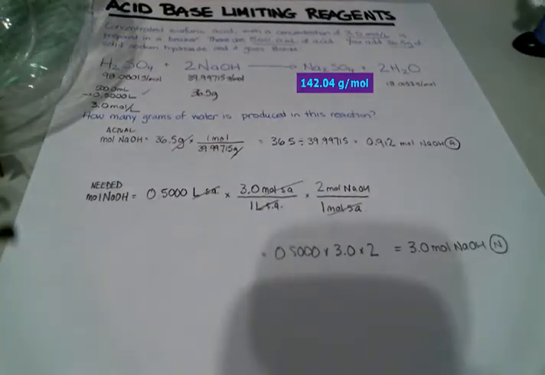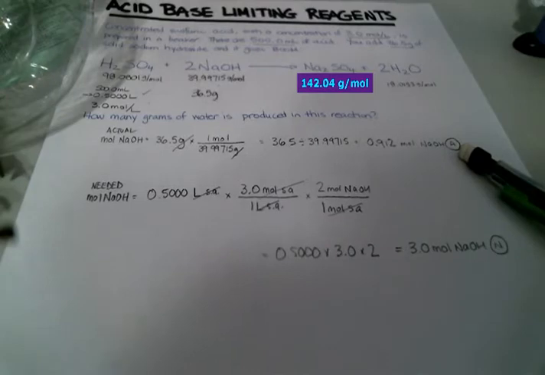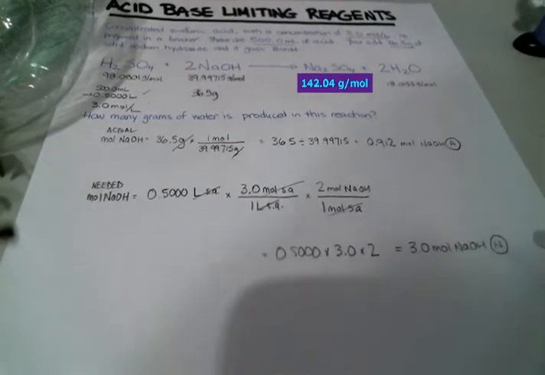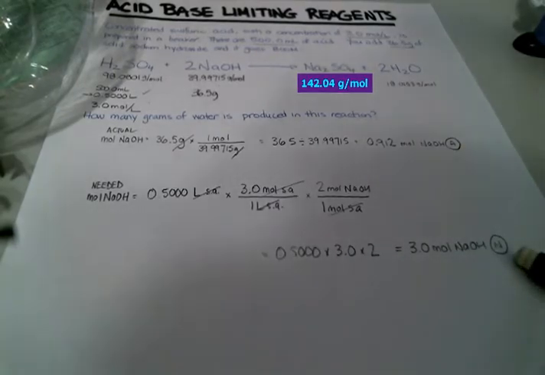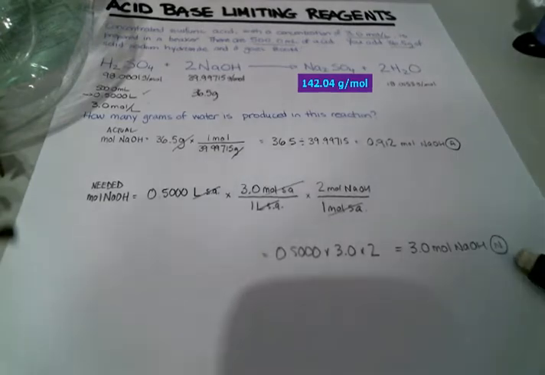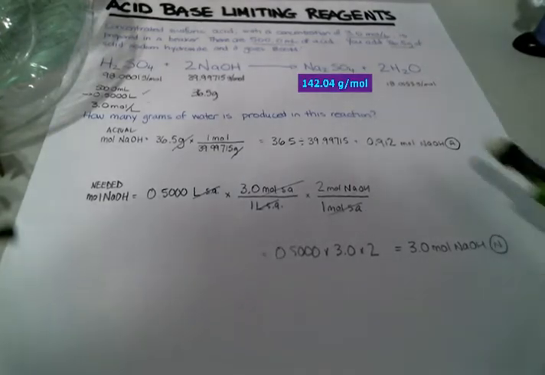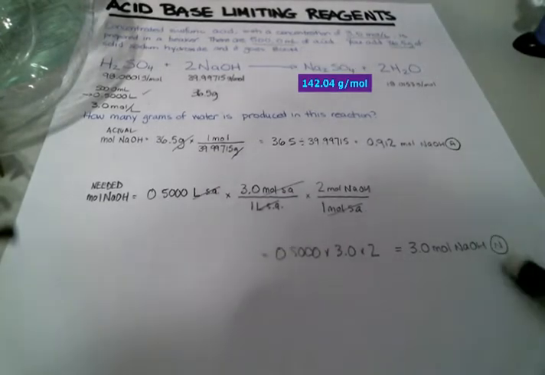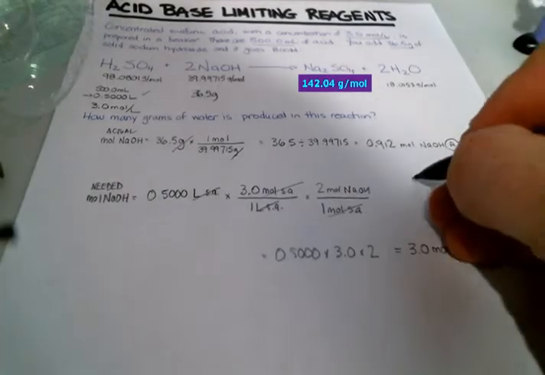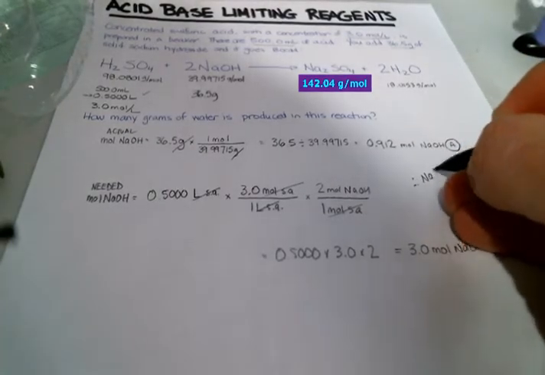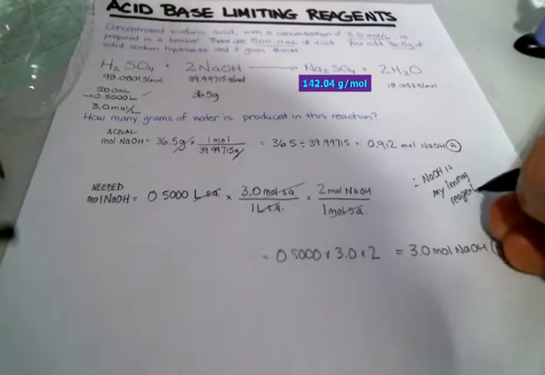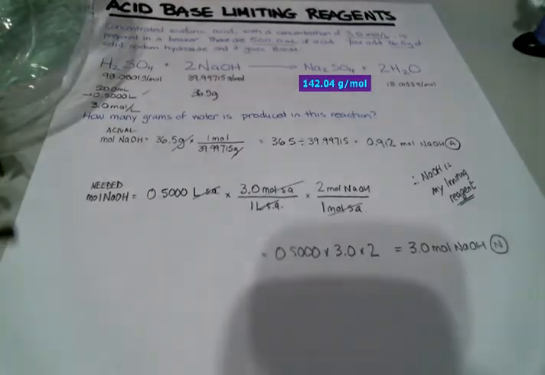So now we can compare our two numbers. How many moles of sodium hydroxide do I have? 0.912. How many moles of sodium hydroxide do I need to fully react the sulfuric acid? 3.0. So that means I don't have enough sodium hydroxide to fully react the acid. So therefore, sodium hydroxide is my limiting reagent, which probably isn't too surprising just because we're talking about concentrated sulfuric